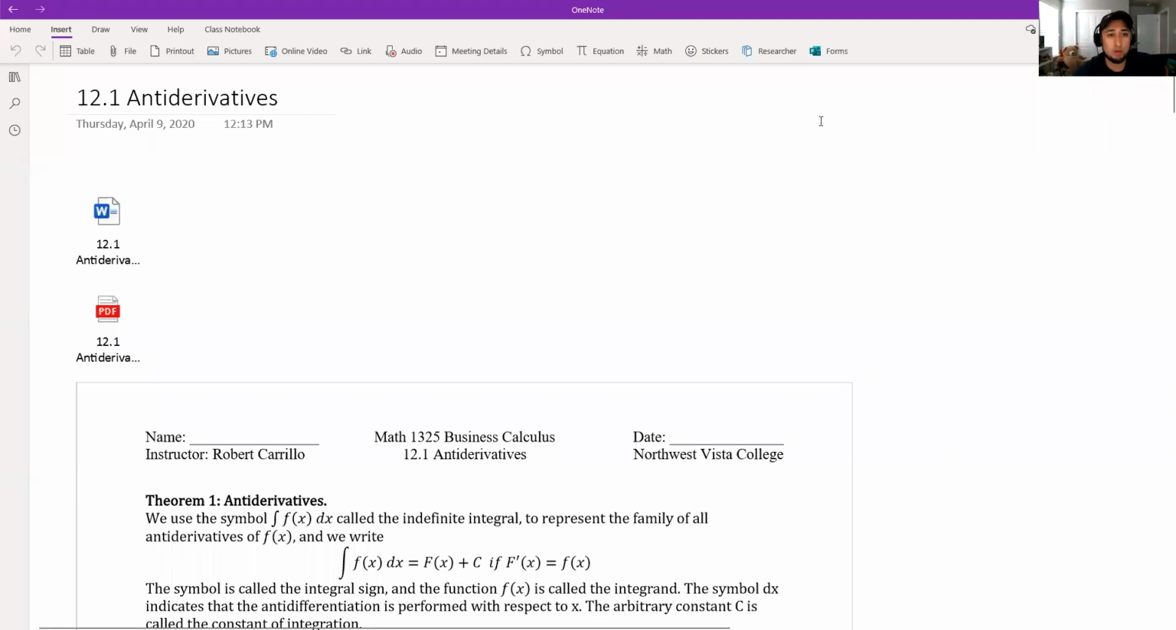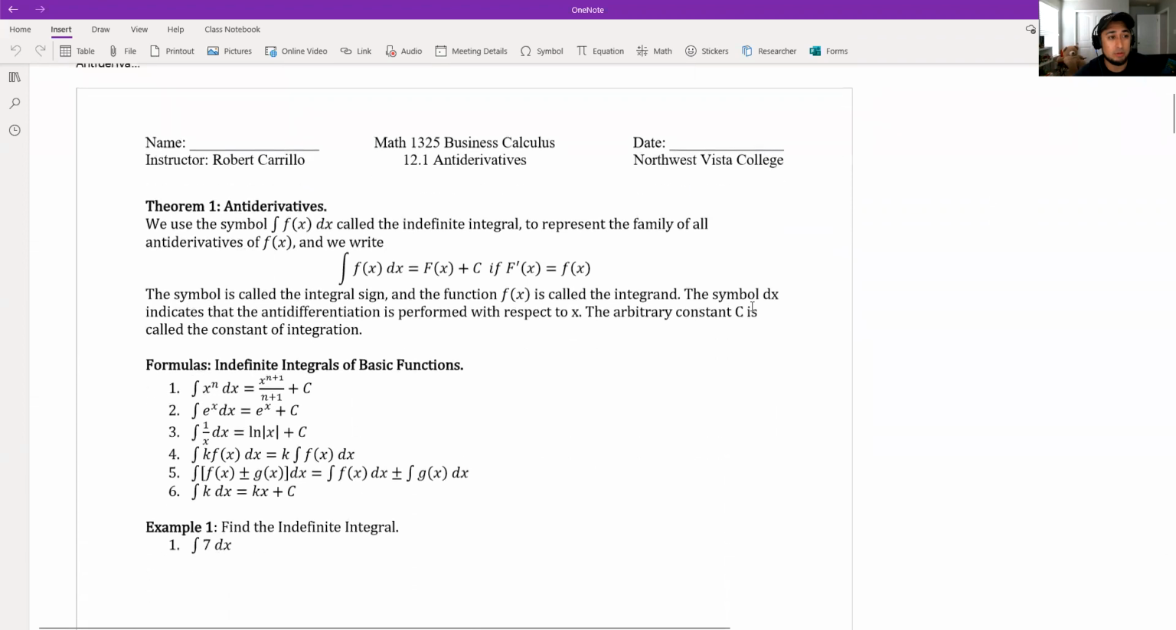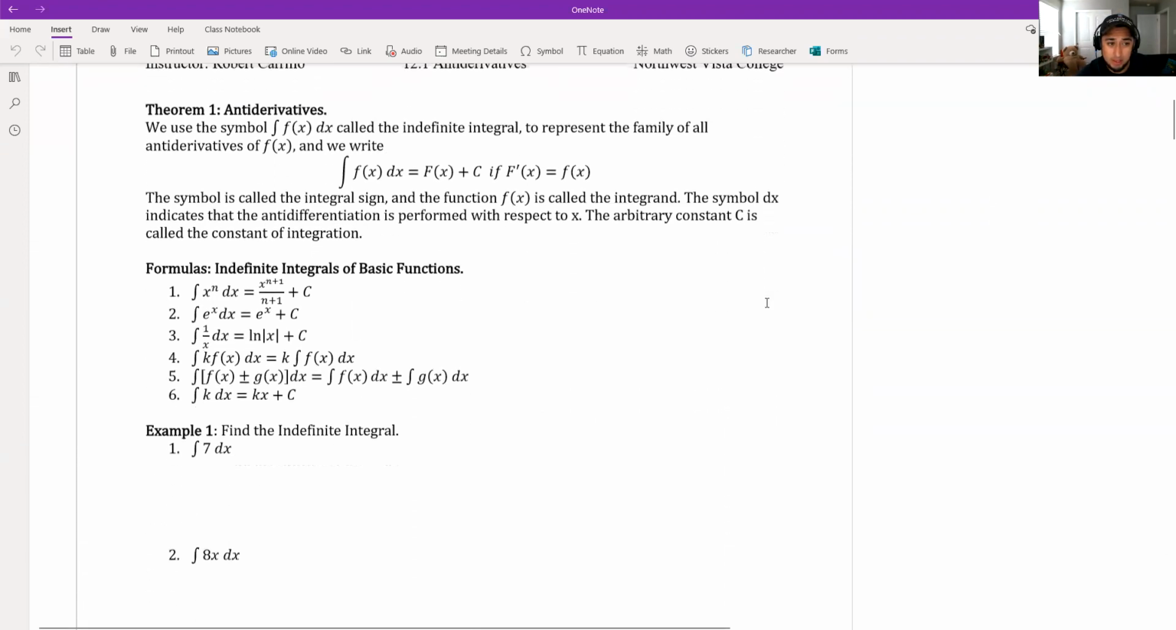Okay, welcome everybody. This is antiderivatives. So we know how to take a derivative. Now we will find an antiderivative. And with that being said,